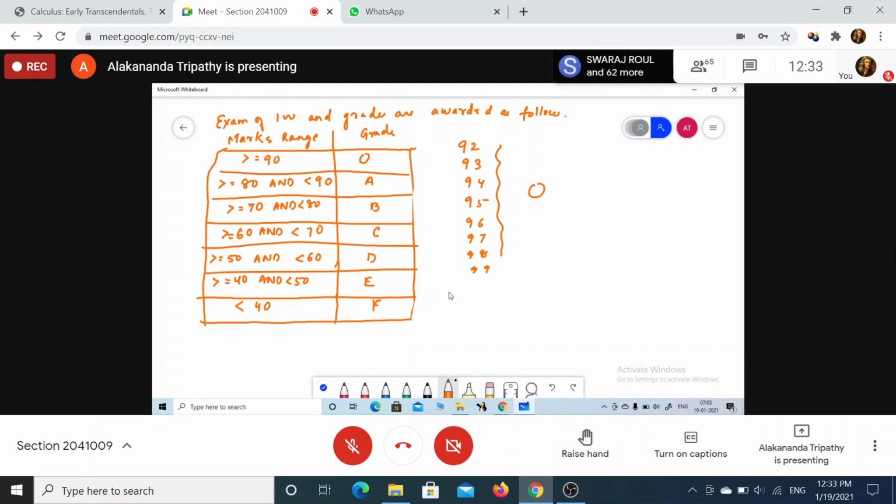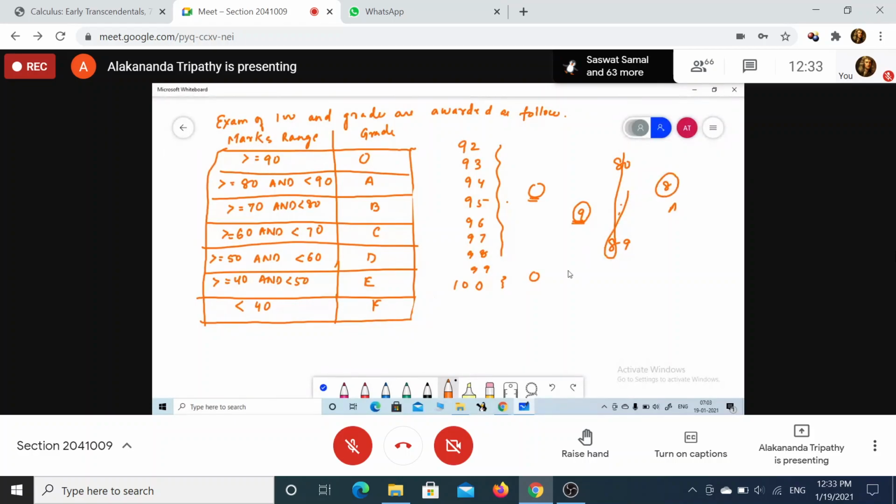O. If a student scores 100 also, what will be the grade? O. So if your value is 9, which is the grade? O. From 80 to 89, what is the grade? A grade. So what will the value be here? 8. Value is 8.